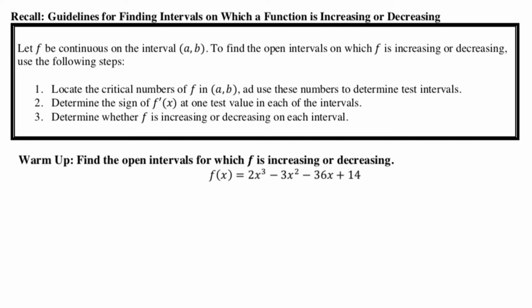So let's start with a quick review of what we were going over in lesson 29, which were our guidelines for finding intervals on which a function is increasing or decreasing. The three steps you're going to do are to first locate your critical numbers, and remember critical numbers happen anywhere where you have that horizontal tangent, so where your derivative is equal to 0, or also at your vertical asymptotes, vertical tangents,